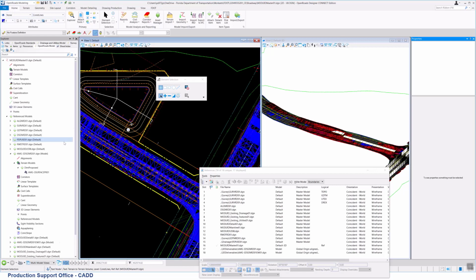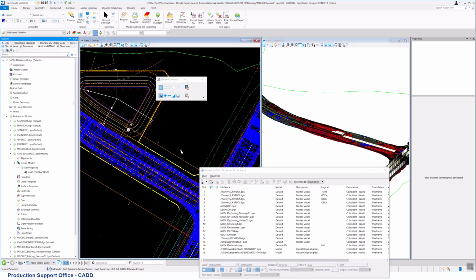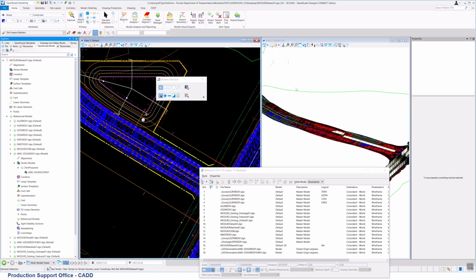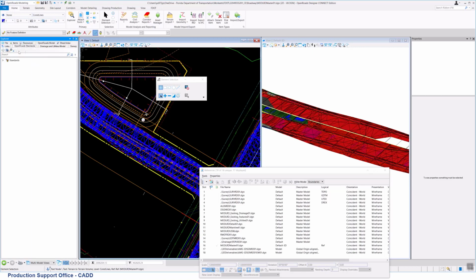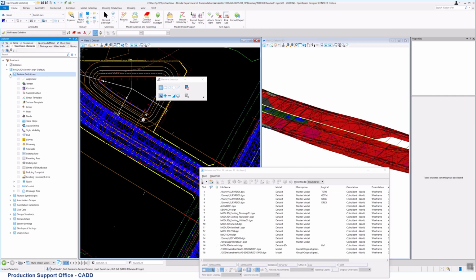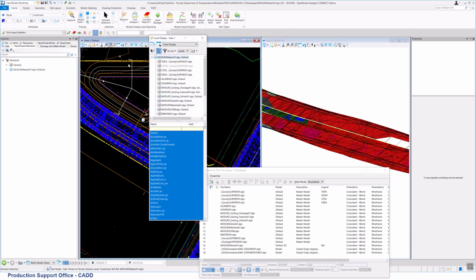When you export to, say, LumenRT and some of these other tools, the existing ground, if it's turned on with triangles and everything, covers up this proposed model. Let me just show you real quick. Go to OpenRoads standards. I'm going to turn off the feature definitions. Oh, I can't turn off feature definitions. Everything's referenced in this file, sorry. I have to go to my level display and turn things off.